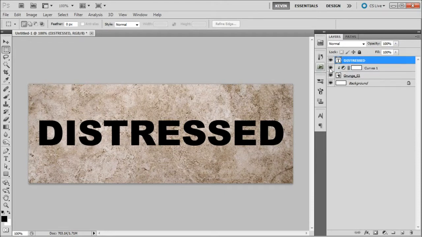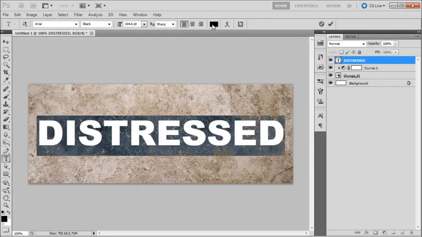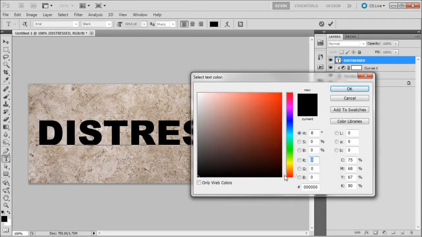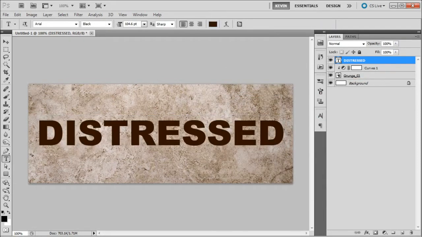So once I'm done with that, I'm just going to go up to my text layer, grab my type tool, select all my text, and then I'm just going to pick a different color, something that's a little bit more fitting with our background, so probably something like a darker brown, maybe even a little darker than that. It's probably good. Again, you can adjust this to your liking. So I'm just going to click the check mark, and now we're actually ready to start adding on our distressed